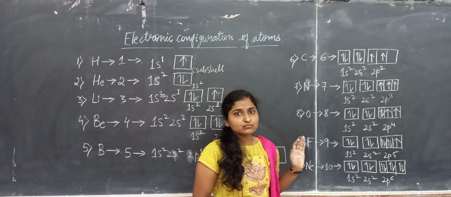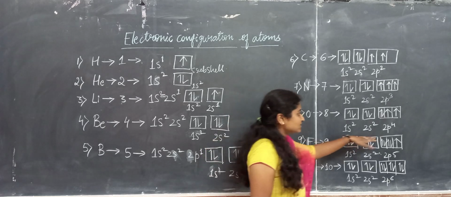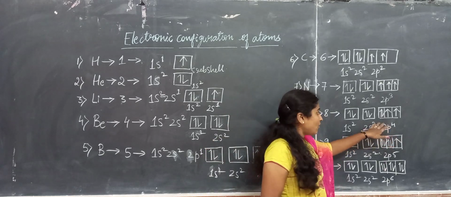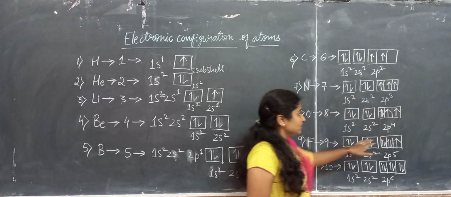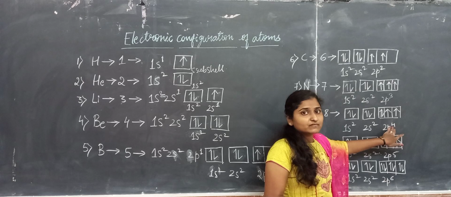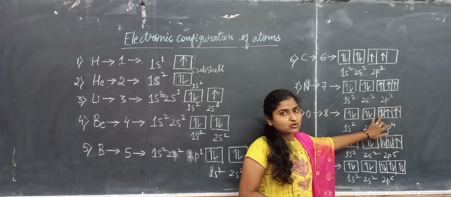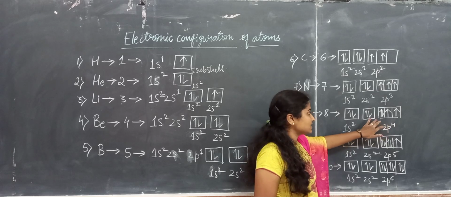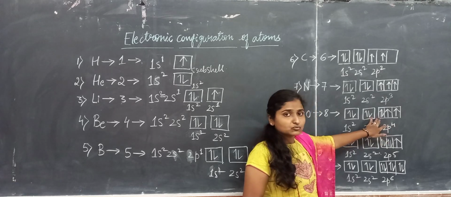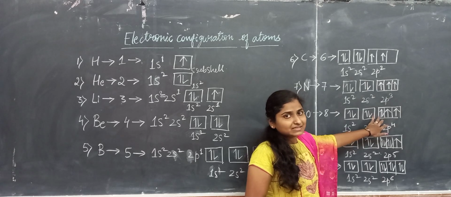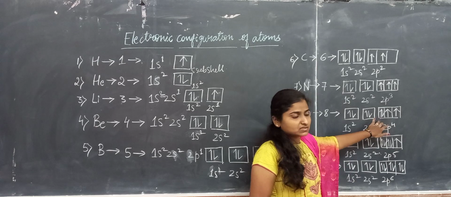We have to follow the rules for filling the atomic orbitals with the electrons. Once there are 3 electrons, all the 3 orbitals will be filled with single electrons. Then the 4th electron will start pairing with the first electron in the first orbital. So the 4th electron enters into the 2px orbital, pairing with the other electron. These 2 electrons will have opposite spins.